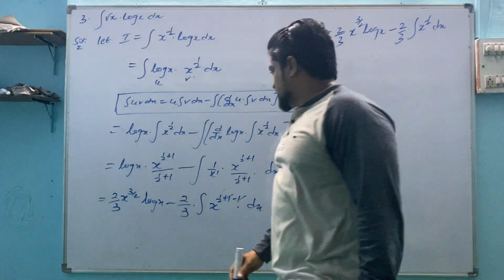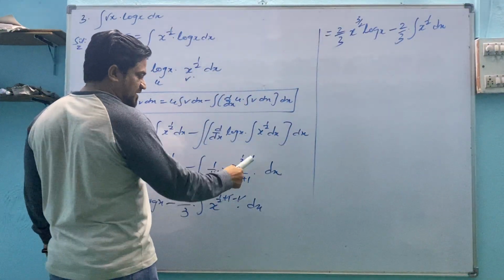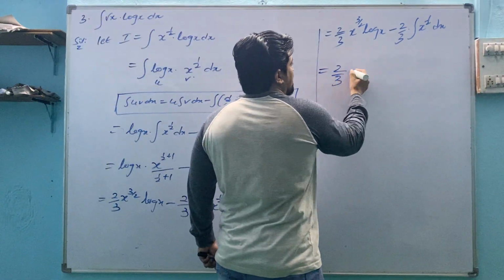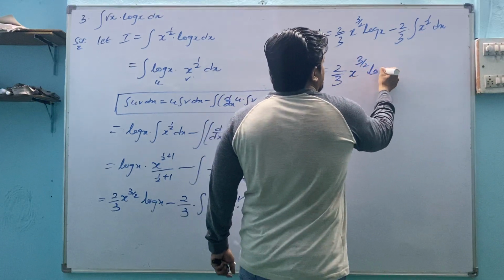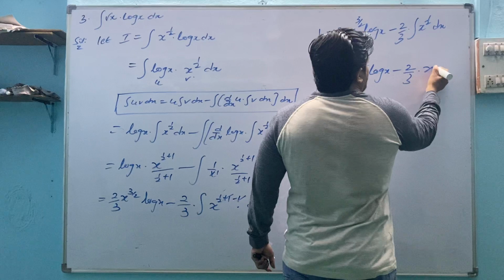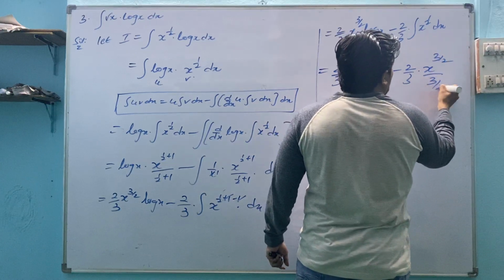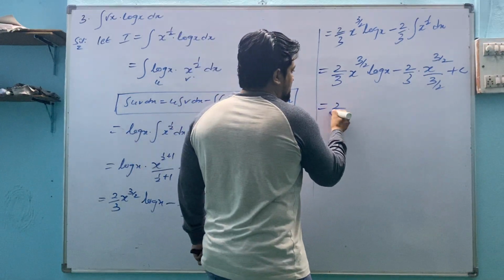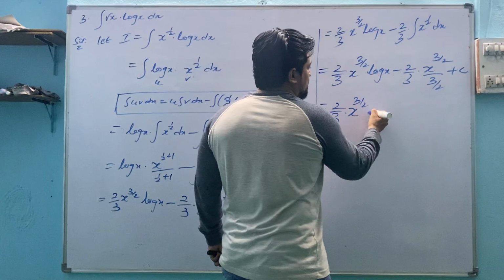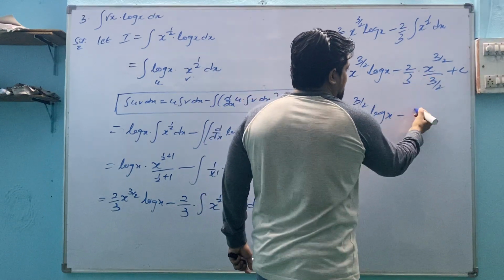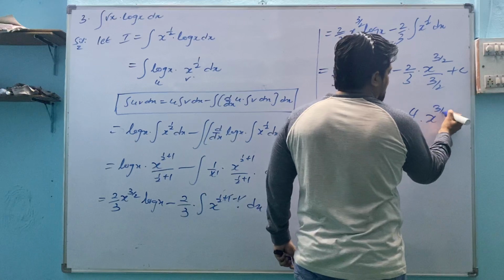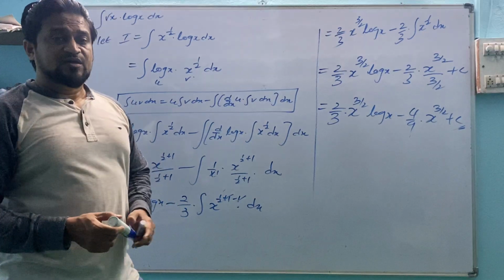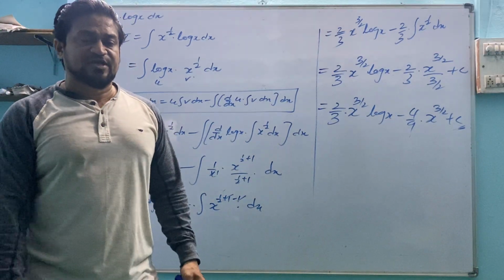dx. Or you can do one thing. This is x power 3 by 2. This is 1, 3 by 2 minus 1 is again 1 by 2 itself. What we can do now? x power 1 by 2 value will write: x power 3 by 2 divided by 3 by 2. How are we getting 3 by 2? 1 by 2 plus 1. 2 by 3 into x power 3 by 2 log x minus this is 4 by 9 x power 3 by 2 plus c. So while doing those problems, go through with the formulas of derivatives as well as formulas